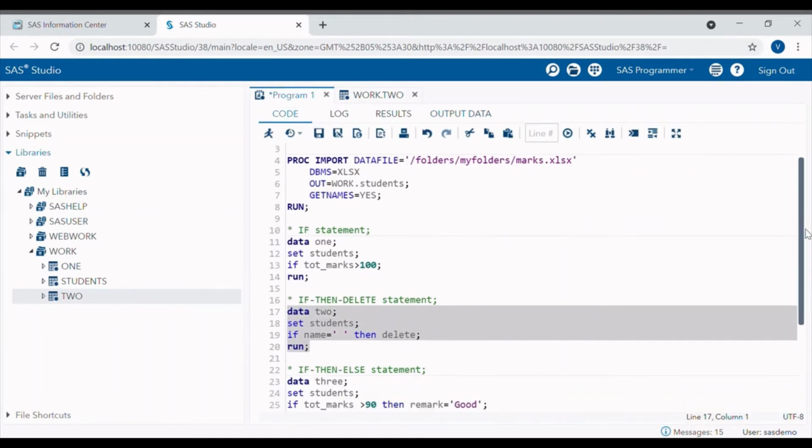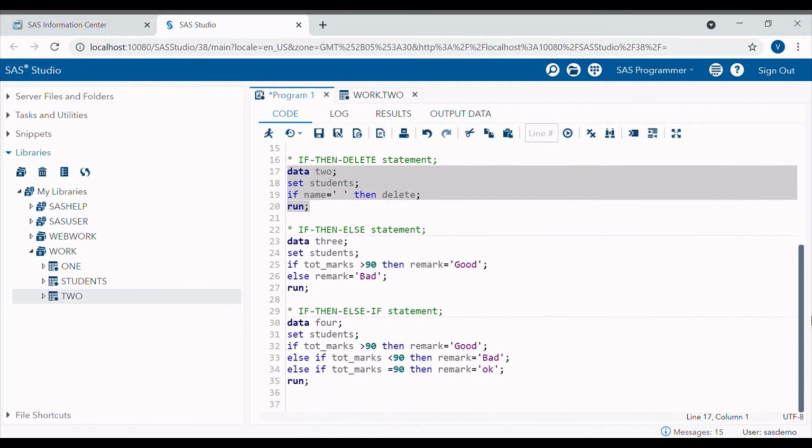Next is if then else statement. Using if then else statement, we can create a new variable or make changes in existing variable based on condition. Example, suppose we want to give remark to the students who have total marks more than 90 as good and students who have total marks less than 90 as bad. Then the code will be